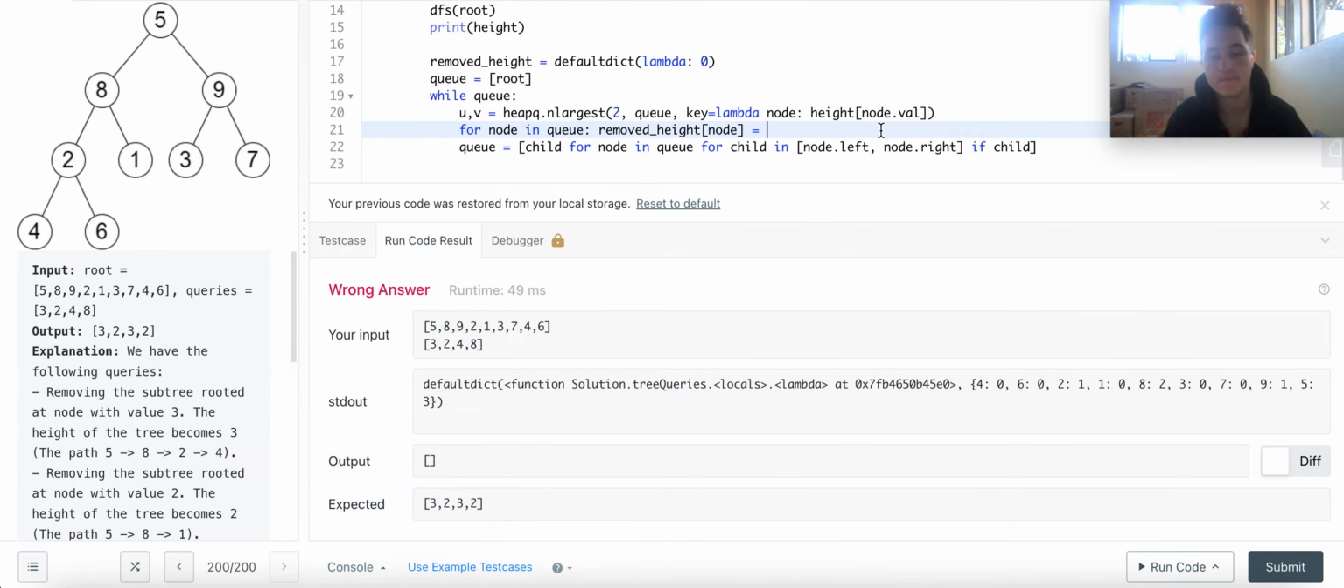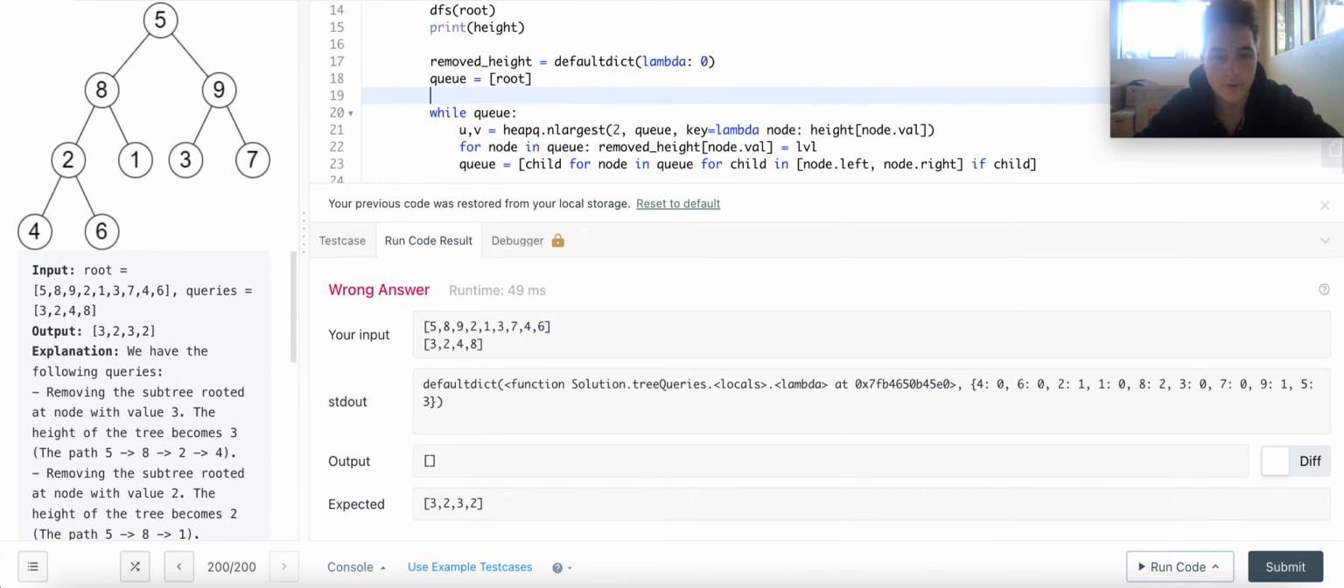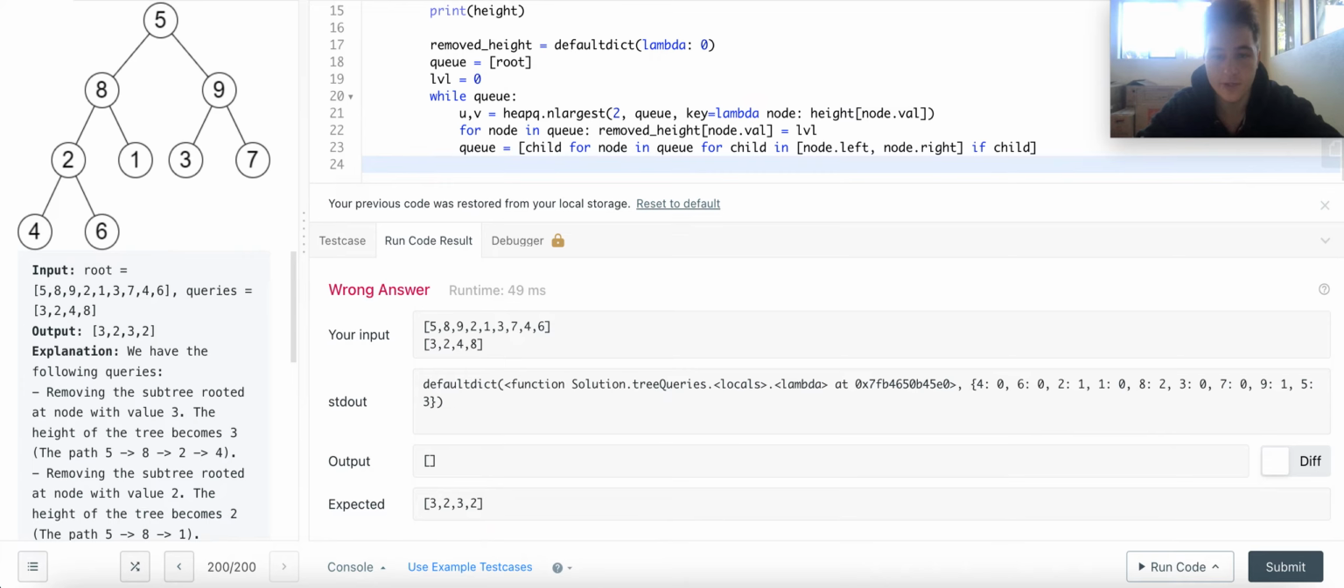So how are we going to do this? So the removed height at the node, let's do val, is, well, it would be level. So maybe we should have a level variable in here too that we add every time so we know which level we're at. Maybe it should be negative 1, I think, actually. Sorry, negative 1. So it'd be the level plus, well,